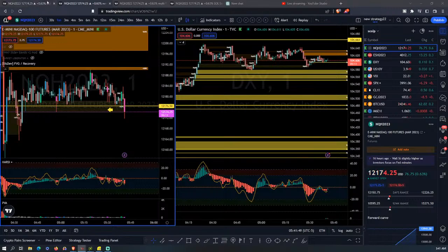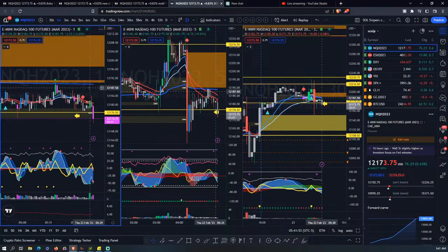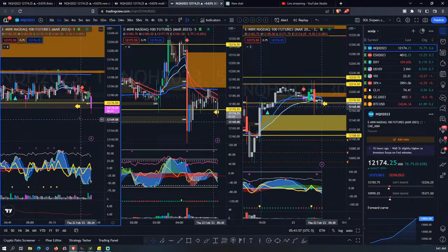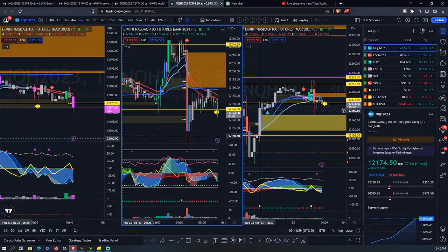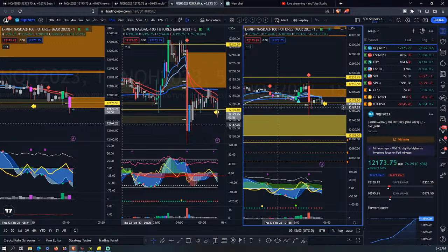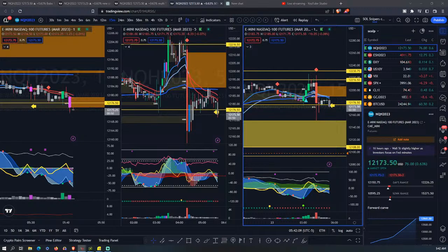So, not a fan of these charts that I have up right now. This is the one I was using. That purple vector is a quick move down. Usually it gets recovered, but this market is alien to me for London session, I guess you could say. Yeah, it looks like it's downtrending right now. And I don't mean by any large means, I just mean by